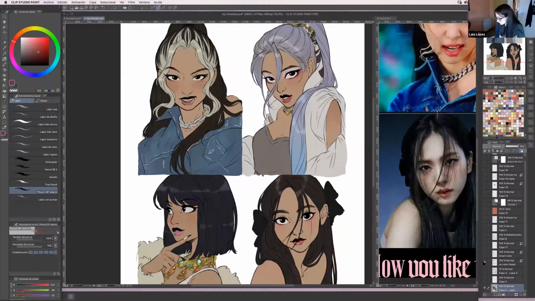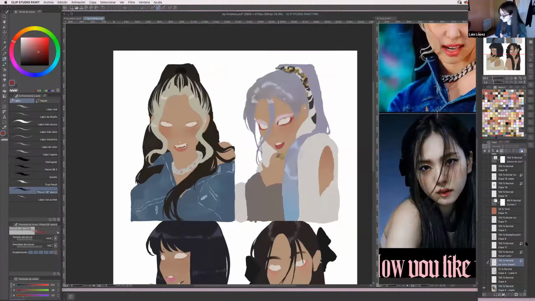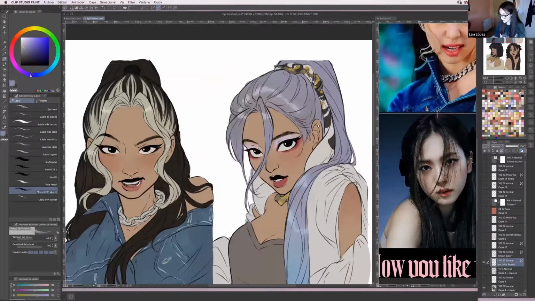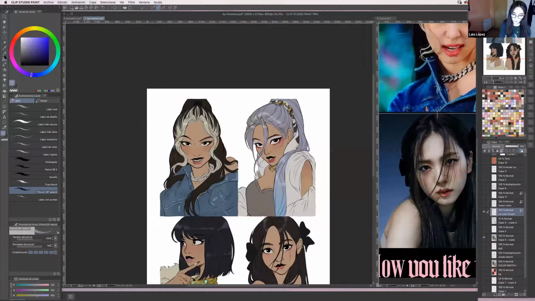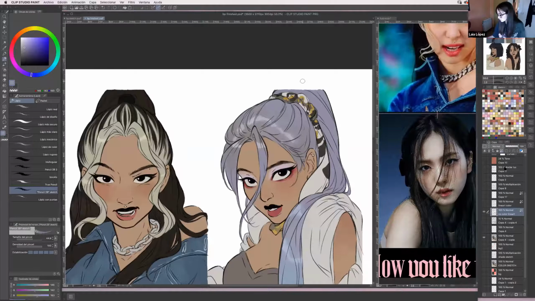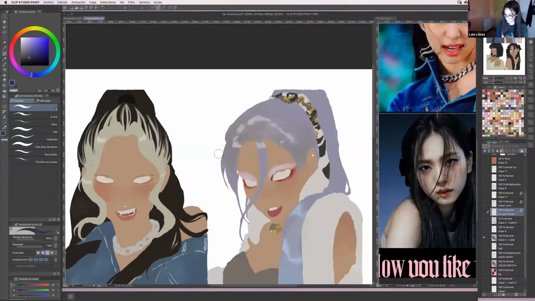All right, so now what I usually use to change the liner for the entire drawing. Like, for example, if Rose has this purple hair color, what I did was pick a darker color. This is the liner layer, right? So what I did is block the pixels and color just the liner.